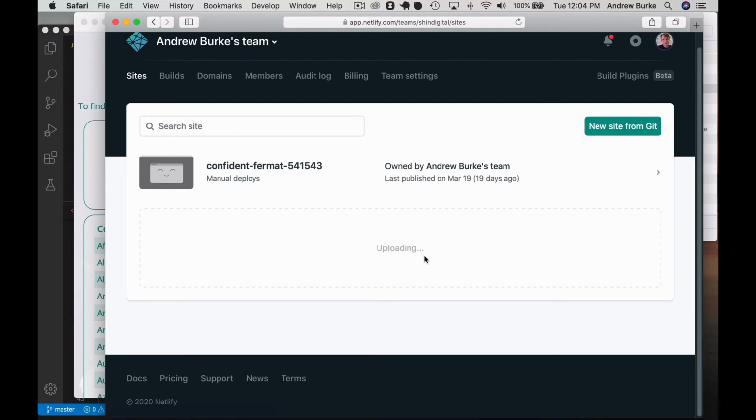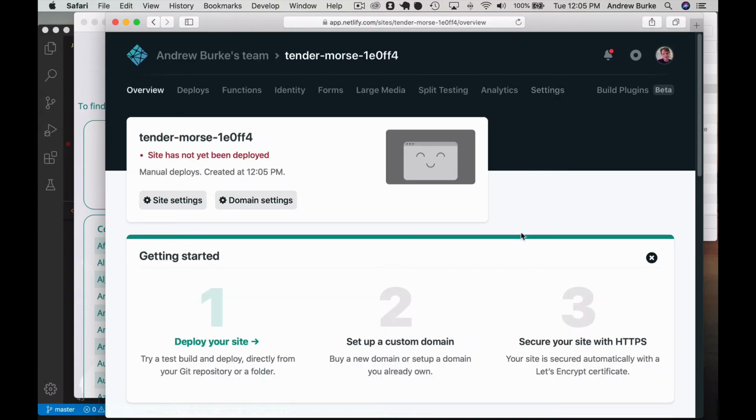And give it a second. And while we're waiting, because this looks like it's going to take a little while, it seems slow today, probably because I'm doing a demo, of course. You can also use Git. It's a little complicated. You can use basically the Git that you've been using to keep track of your changes in Visual Studio. You can use that in a way to also set up a new site. So here we go. Here it is. And you'll see it gives it this wacky little name called Tender Morse